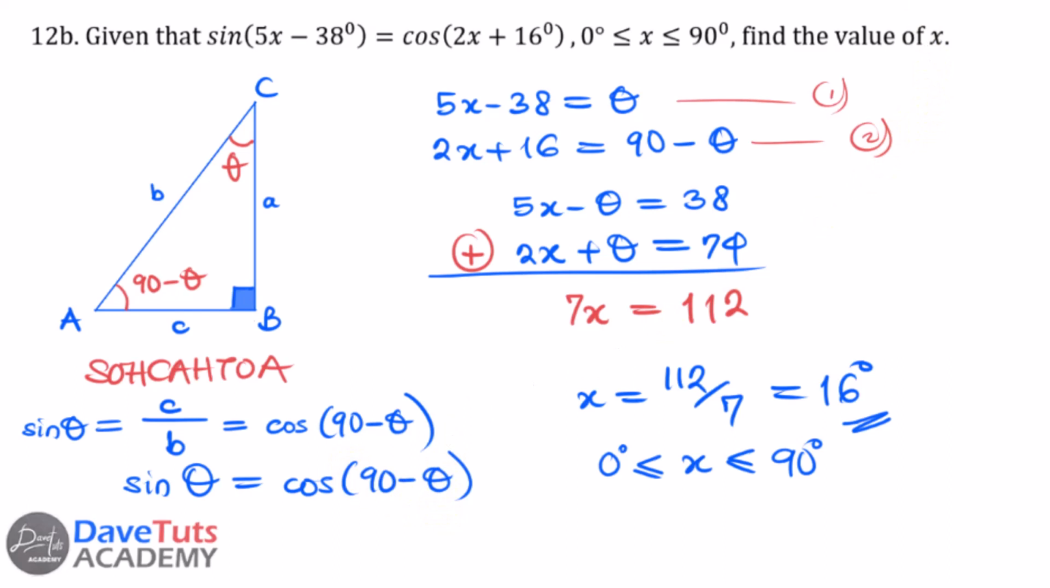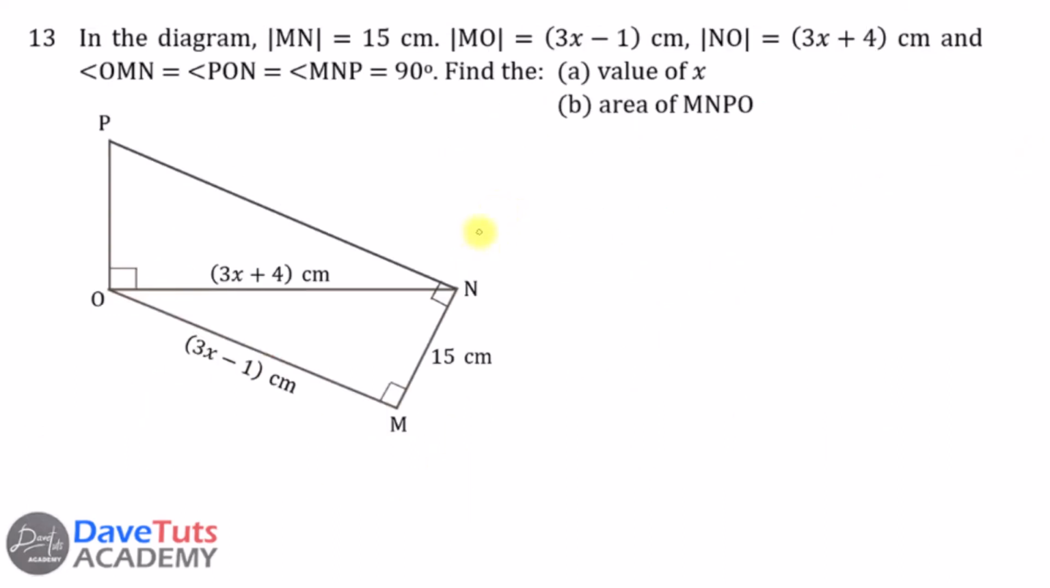All right. In this beautiful question on mensuration and triangles, we are told that in the diagram, MN is 15, MO is 3x minus 1, NO is 3x plus 4, and angle OMN, angle PON and angle MNP are all right angles. So we have this angle, and this angle here. They're all right angles. Our mandate is, in the first case, to find the value of x. Looking at this particular diagram, we can say using Pythagoras theorem